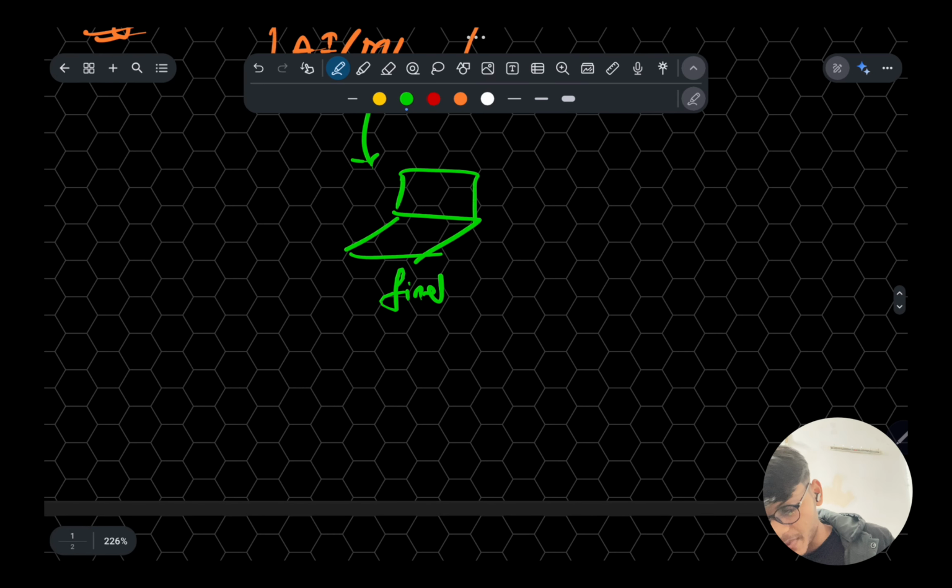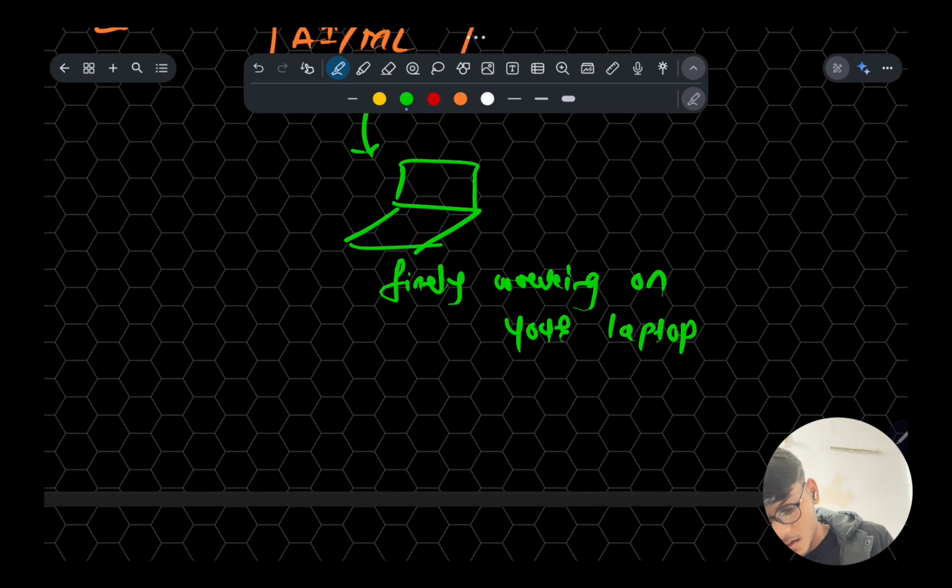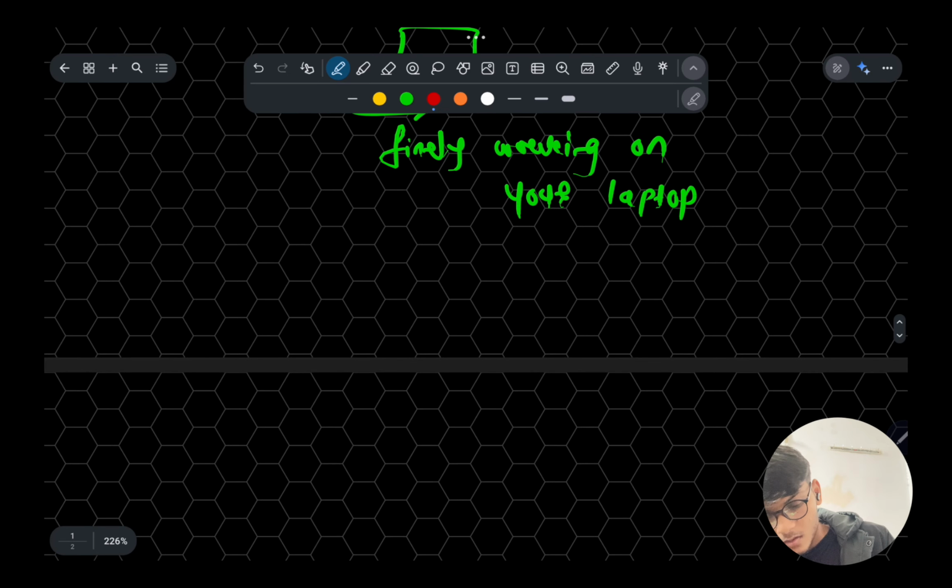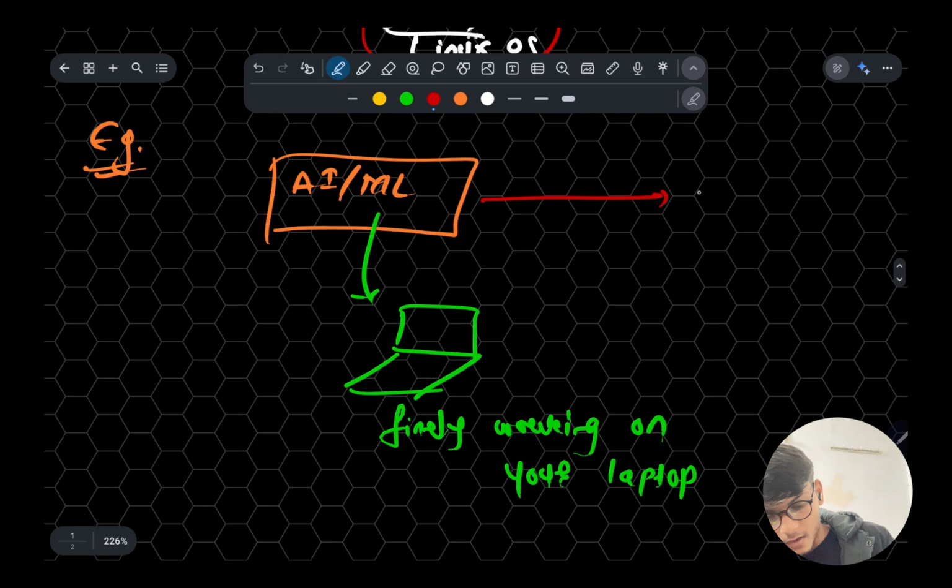And in your company you need to send the code to your boss. It is also required to run this same code on your boss's laptop perfectly.